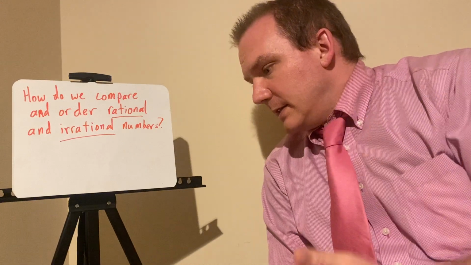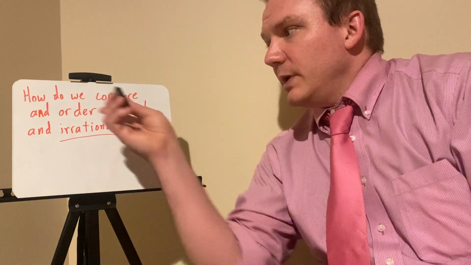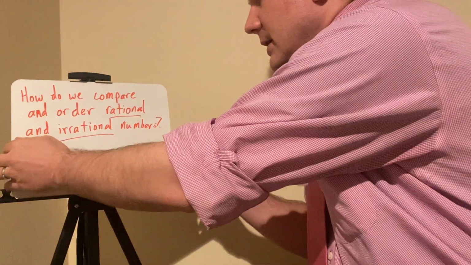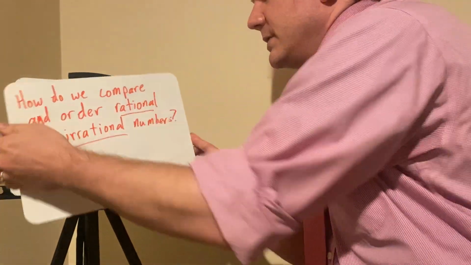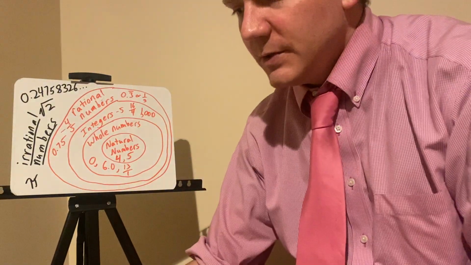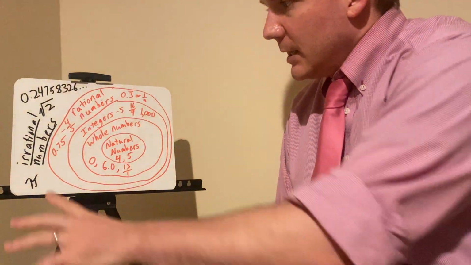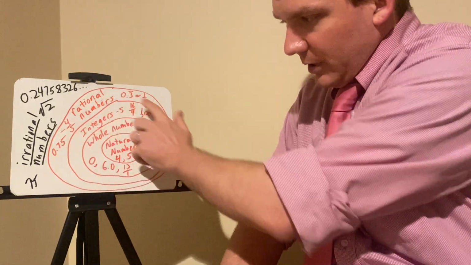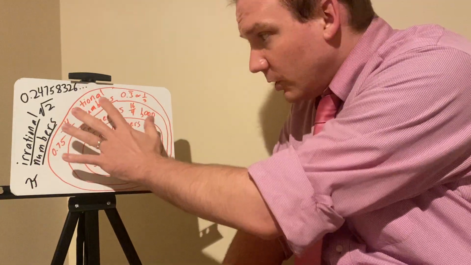Hey, in this video, we're gonna look at how do we compare and order rational and irrational numbers. To get started, I wanna go over the different types of numbers that we usually talk about. So we start here with what we would call rational numbers, and everything inside of this circle is a rational